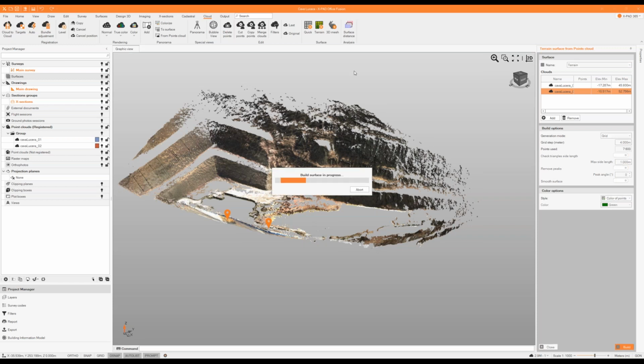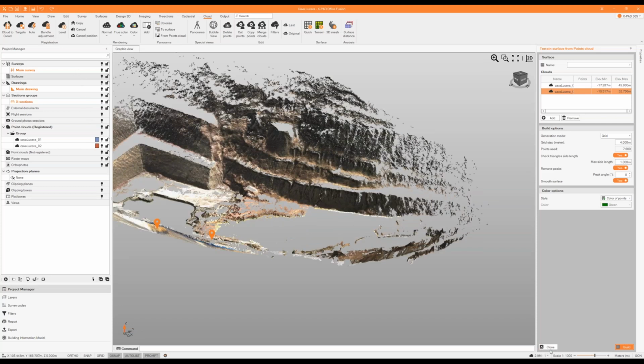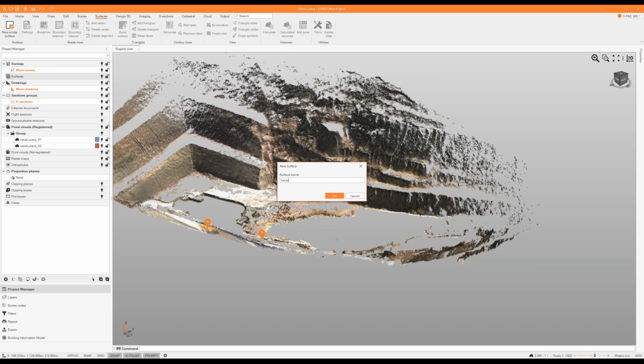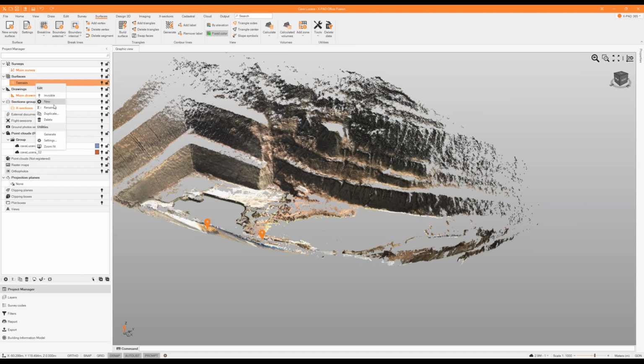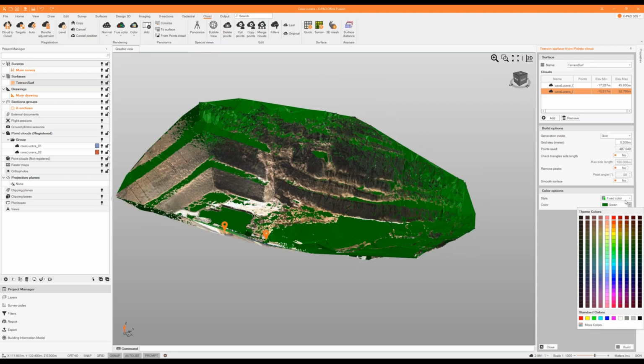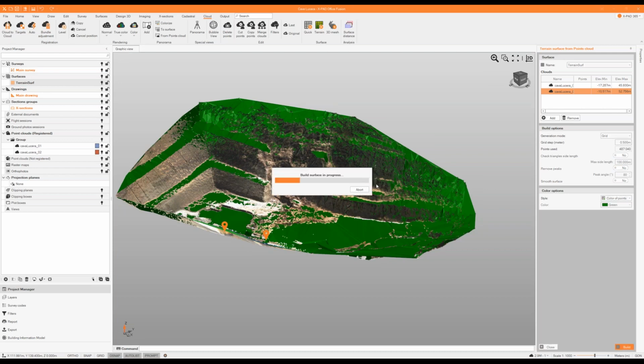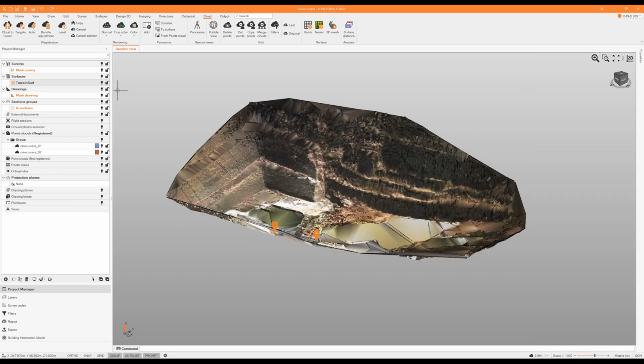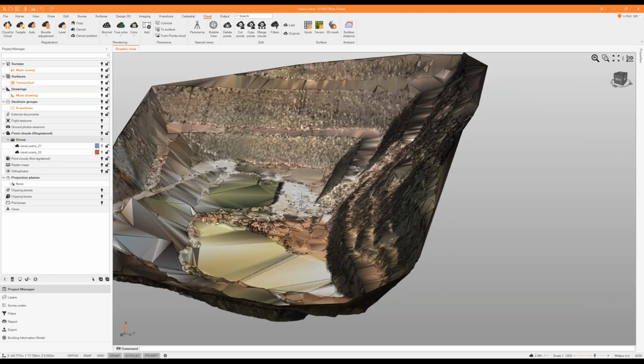Okay, let me call it terrain. Okay. So I got the error. Yes. I need to create the surface first from the surface menu and then use the surface from cloud. Okay, close it. I can switch off the point clouds, and here we have the surface created from the terrain,